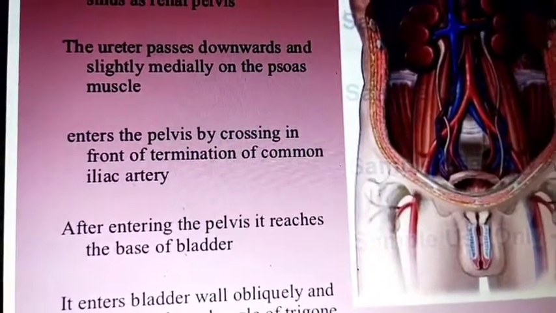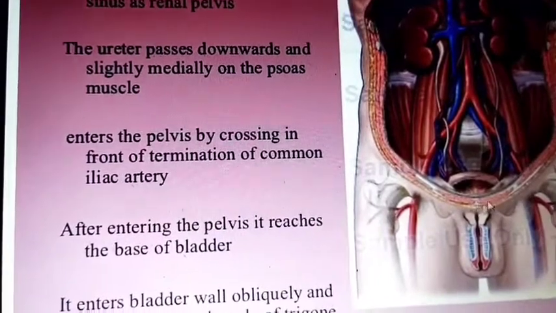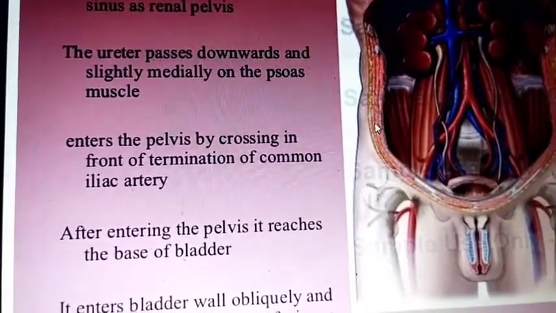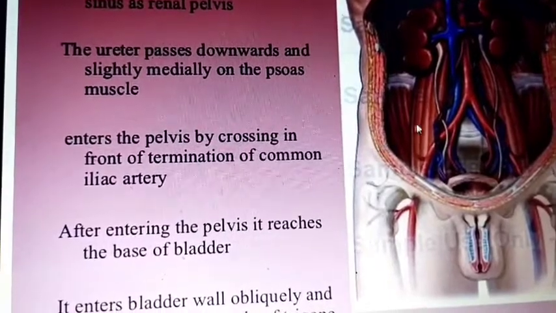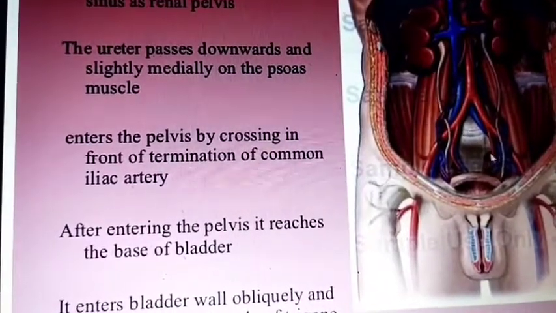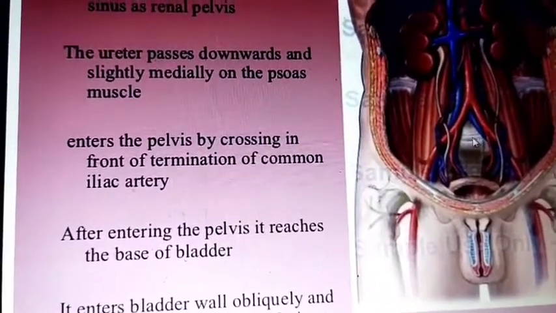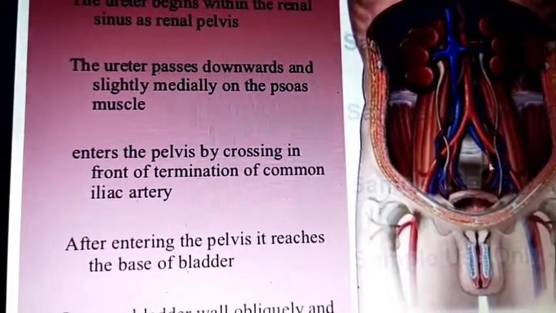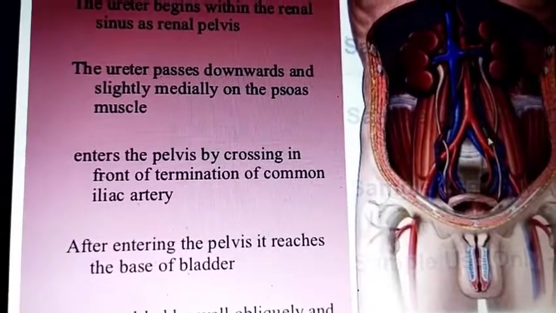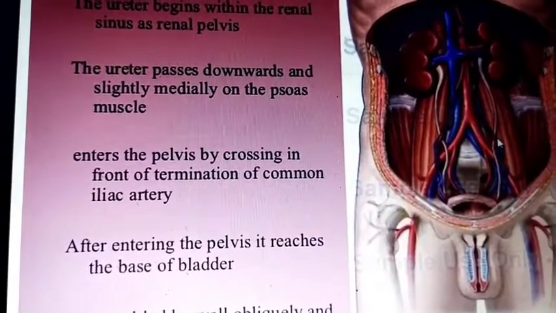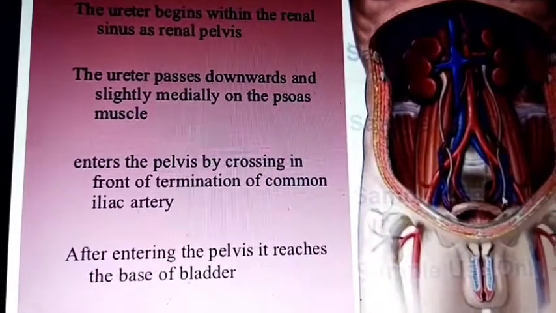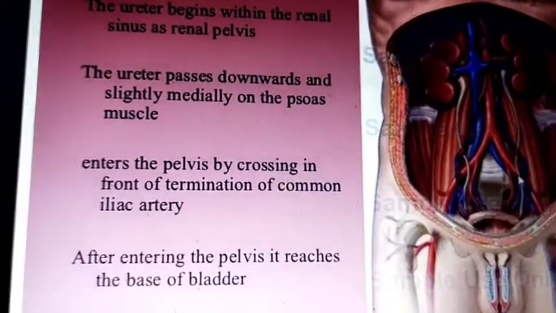You can see here this is a pelvic bone. This is the pubic symphysis. Here is the pelvic brim. You should also identify where the sacroiliac joint is. This is the sacrum, and here is the iliac joint. From here it enters the sacroiliac joint, and from there the pelvic part starts.